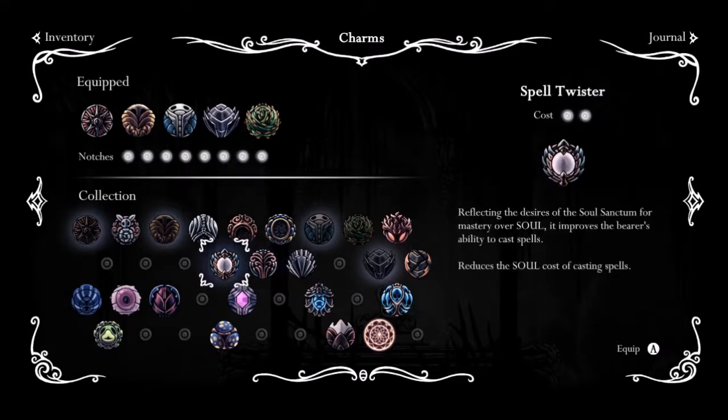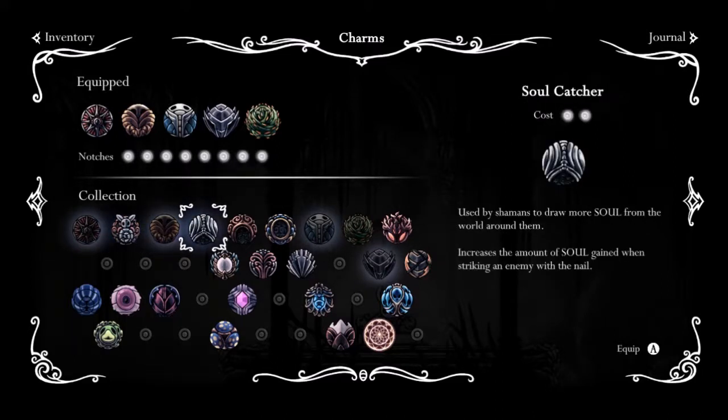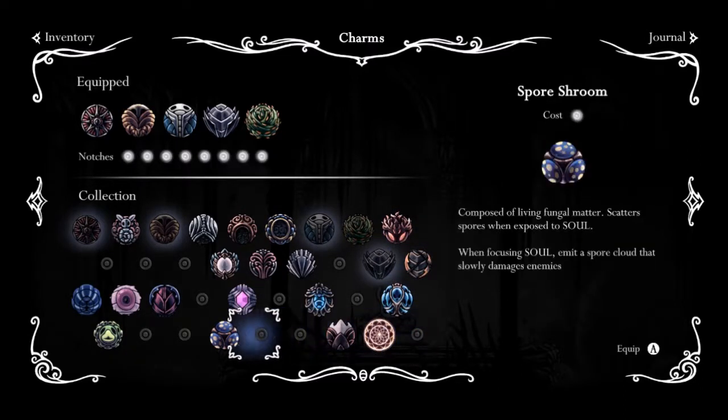And let's see, what else can we use? Gathering Swarm is... no, that's just for collecting geos. Shamans... what's this one? Soul Gained. Like, your normal spell does help a lot. I think I'm going to use, oh,